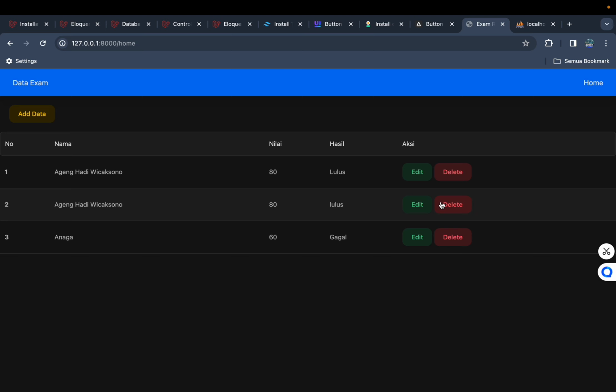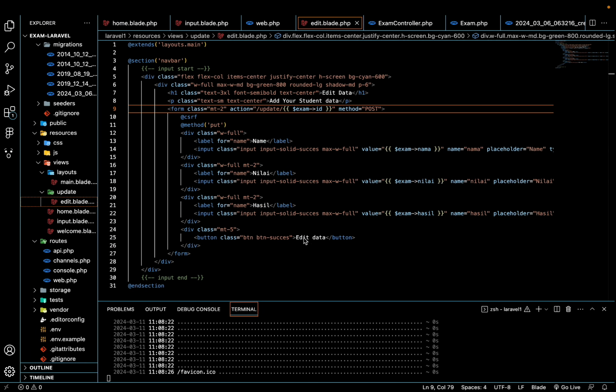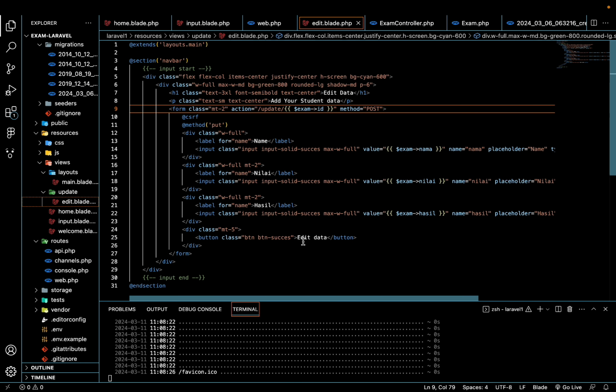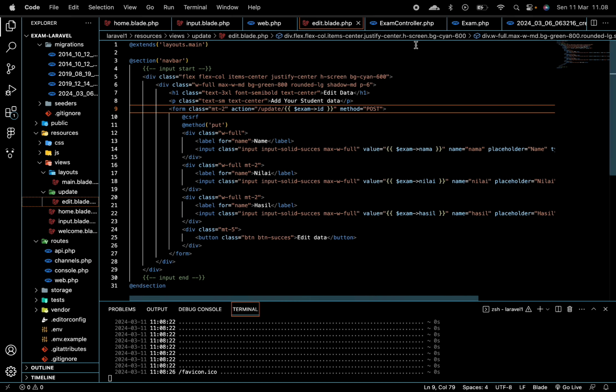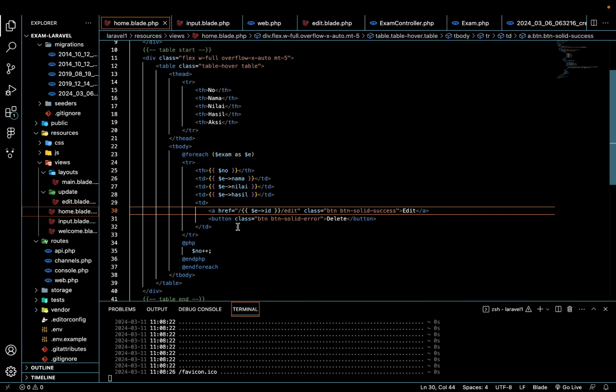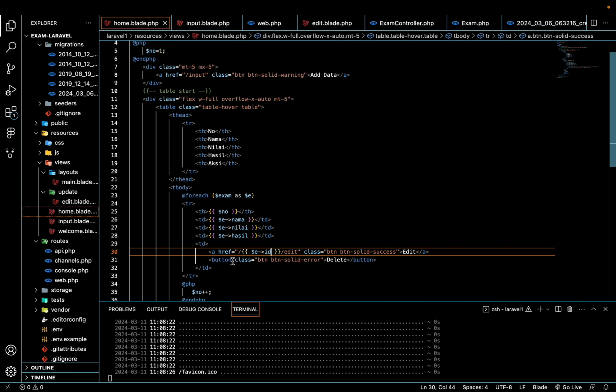So now I want to make the delete action in here. We already made how to put data, add data and edit data. Now we want to delete data from homeblade.php. So we change the button. You know, we no need to change the button, but just make